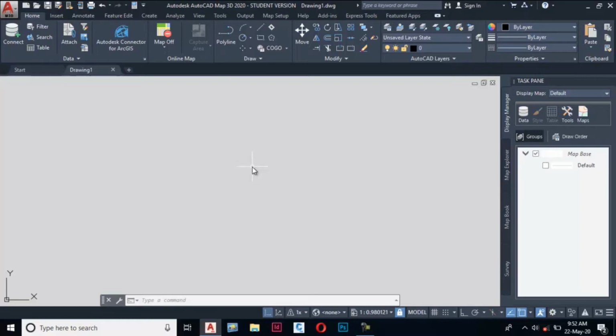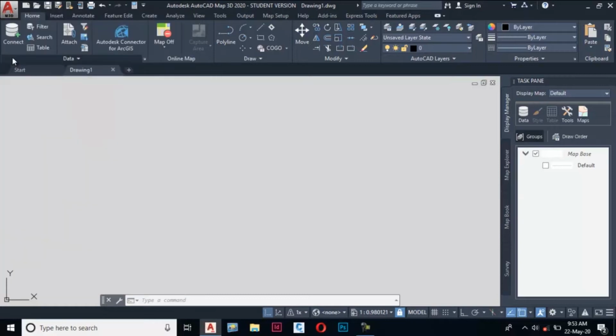and welcome to AutoCAD Map 3D. Today in this video you will learn how to create a map book by using the shapefile. So let's start. At first we will create a new drawing using the CADSIM mapbook.dwt drawing template file.